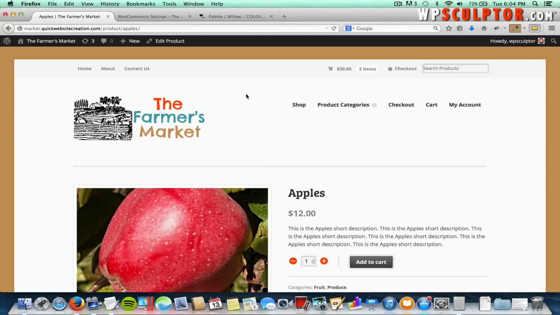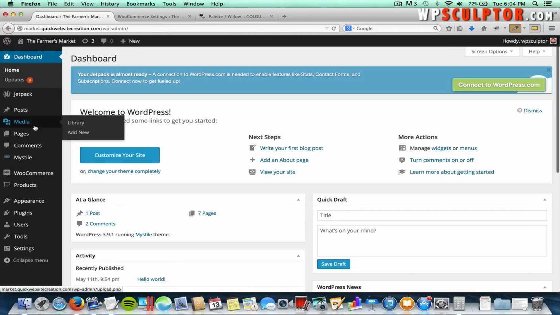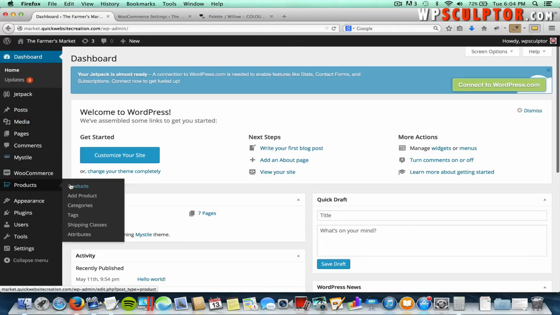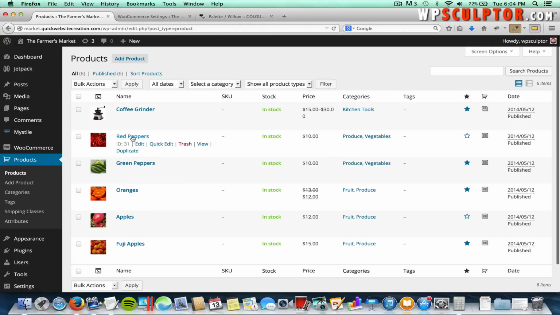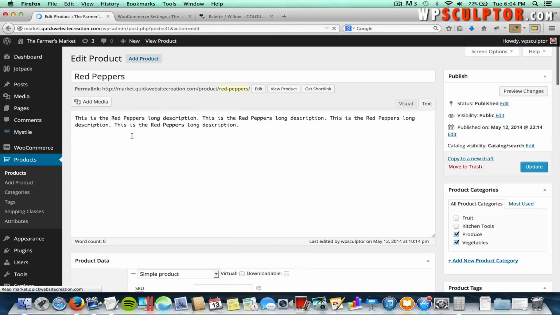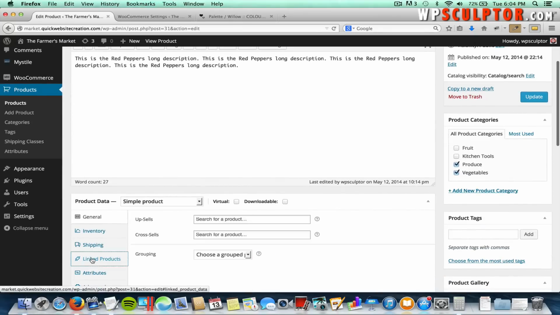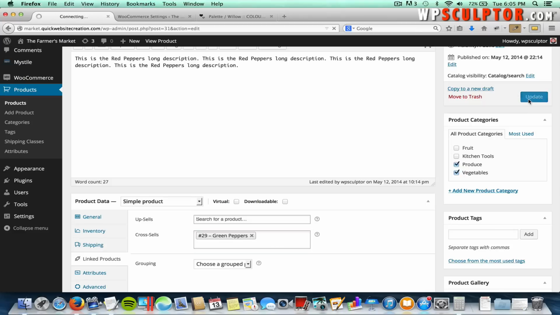So to add cross-selling items, let's go back, and we'll start with the red peppers page. Go to products, click on products, and click on red peppers. Scroll down and click on linked products, and this time we'll add the green peppers as a cross-sell item for the red peppers. And when it finds it, click on that product, update the page,